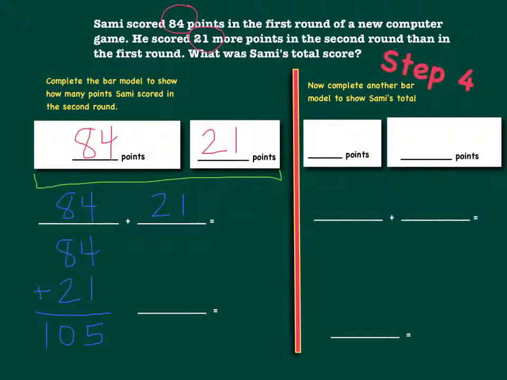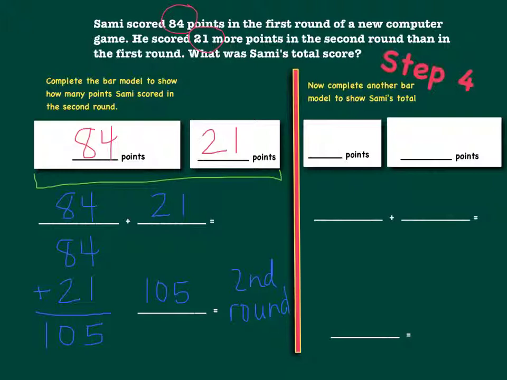It is 5. 8 plus 2 is 10. I don't have a hundreds place, so I'm going to go ahead and drop that number. So, Sammy scored 105 points in the second round. Okay, now that we've found the second round, we need to go to the next